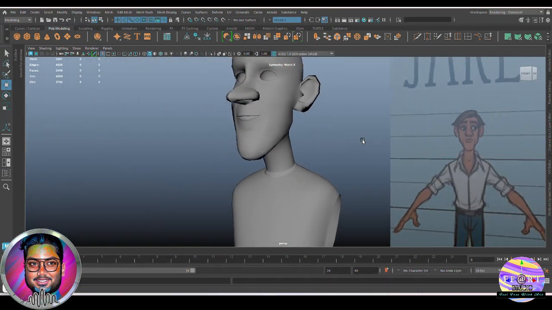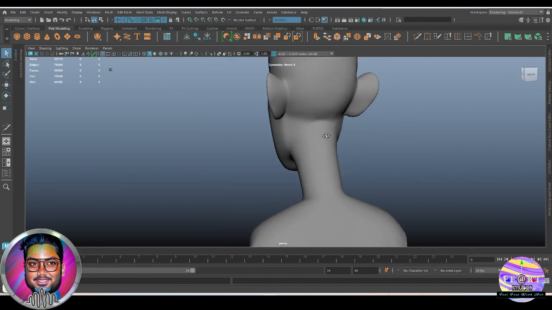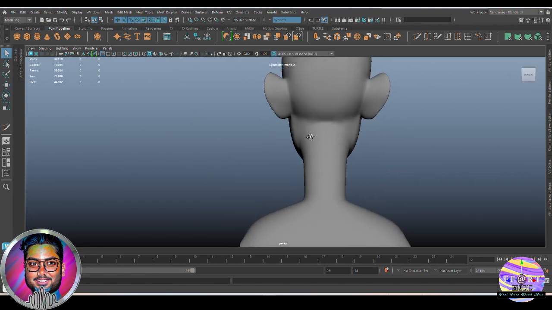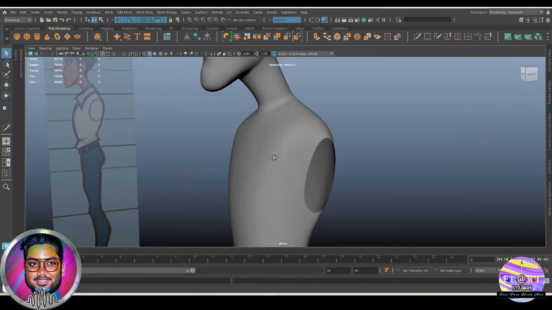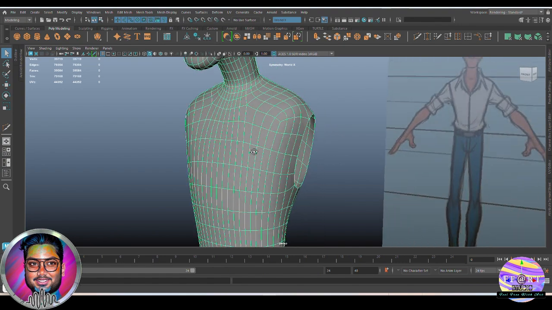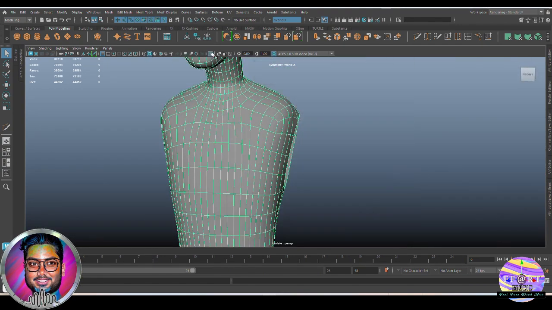So the neck also shouldn't be that broad. Yeah, the back of the head also looks fine. Torso, we don't need any detailing in the torso for now. The only thing we need to check over here is